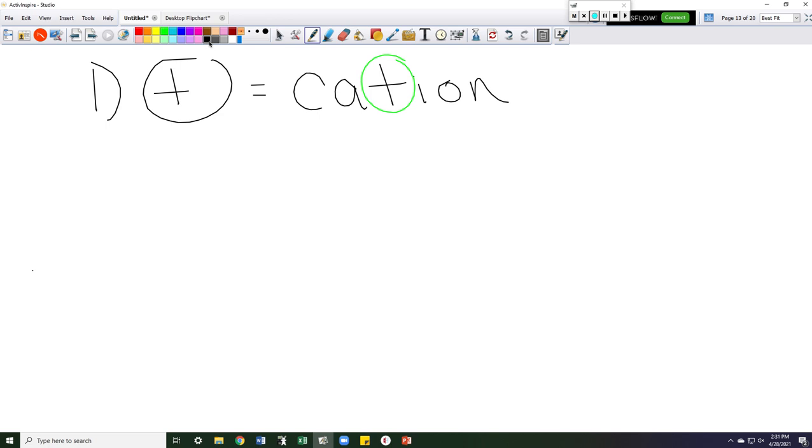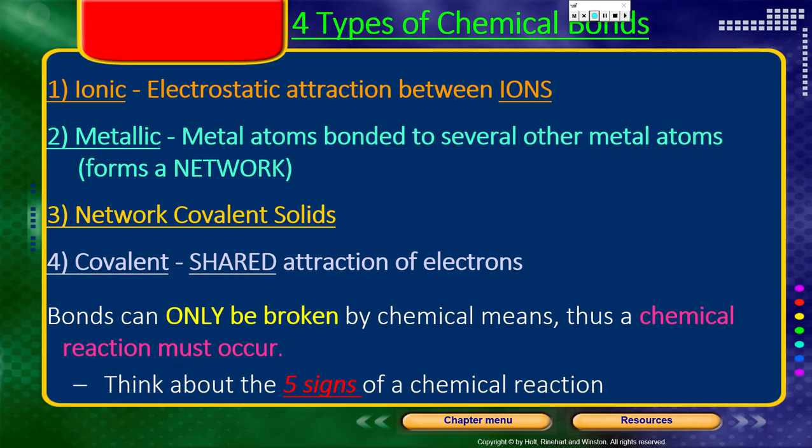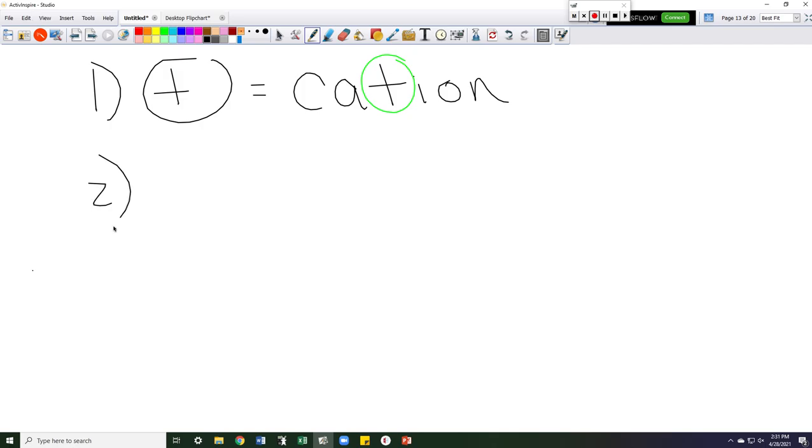Yes. Now, let me show you where to write this. Write it out beside up here, where it says charged atom. I want you to write number 1, and then number 2. And again, I don't have space, so I have to go to my whiteboard. The second one, what's the opposite of positive? Negative. Does anyone remember what the negative ion is called? Very good. Who said it? Anion. Well done.